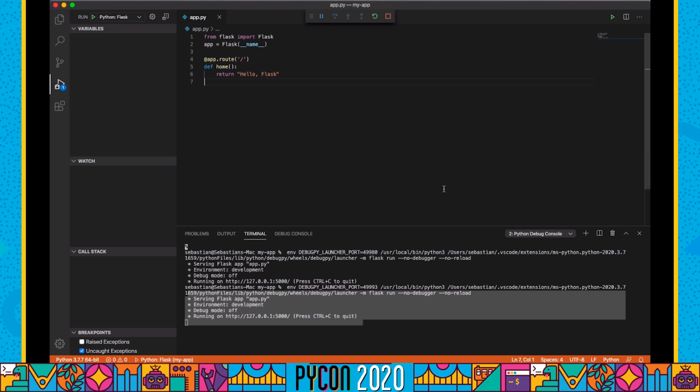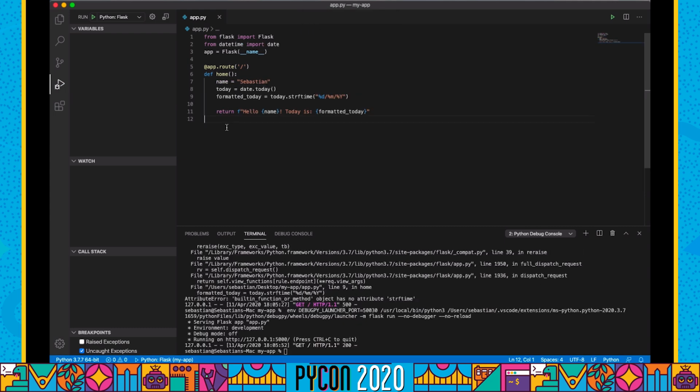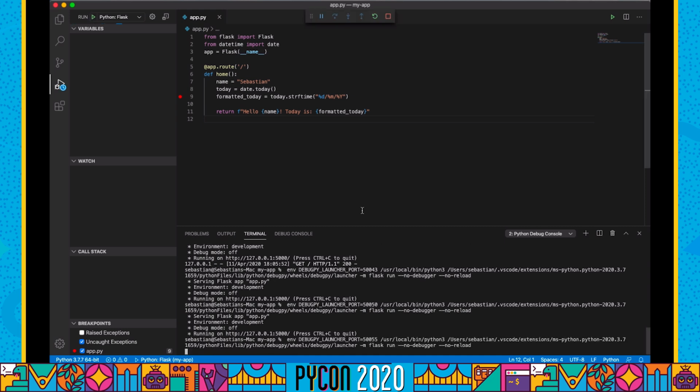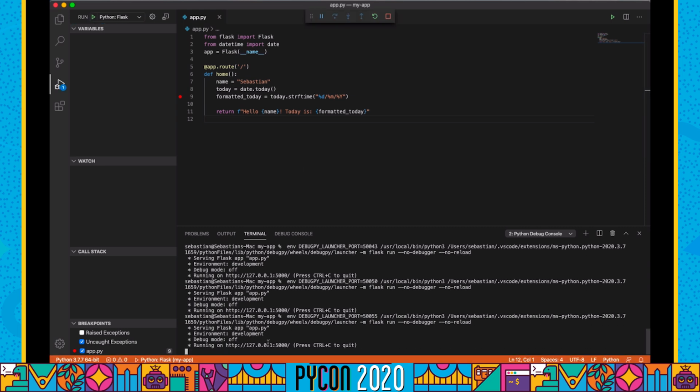One nice thing about starting your Flask server from VS Code like that is that it actually starts it in a debugger mode. So what does it mean? Well, let's say we have some more code. If you hover over the numbers on the left side of your editor, you will see a red dot. You can click it and you will put a breakpoint on that line. If you start a server right now and you open the website in the browser,